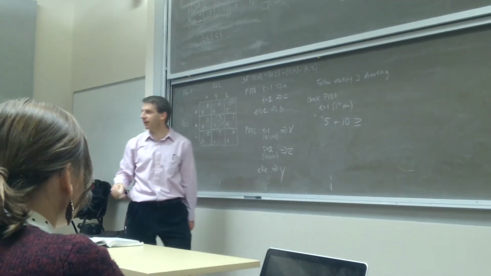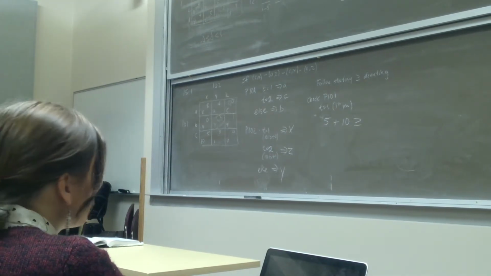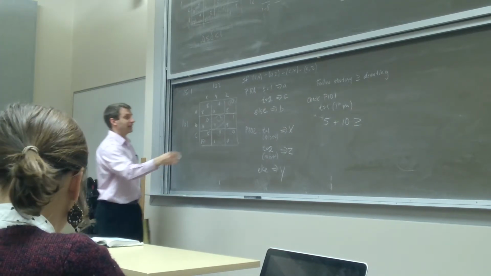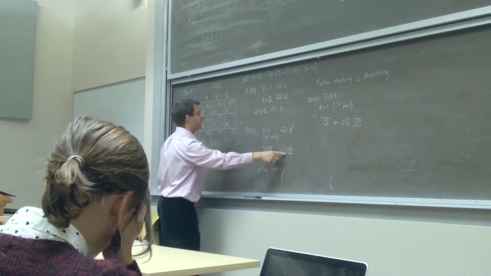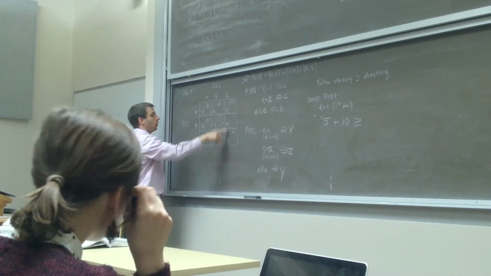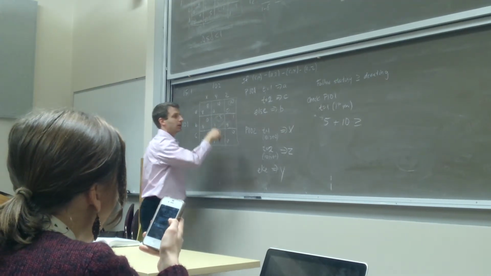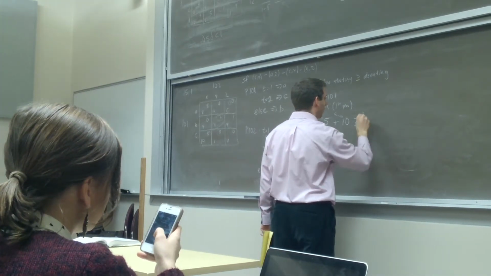I need to see if I could be made better off by doing something else. Remember, we take the other person's strategy as given. That means in their period 2, my period 1, they're playing Z. They are currently playing Z. What might I be tempted to do instead of playing the A? Right. So instead I might play B,